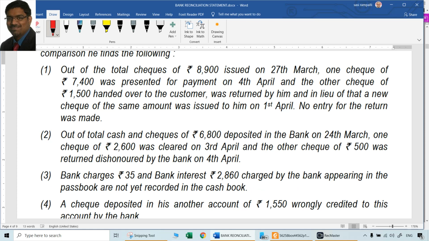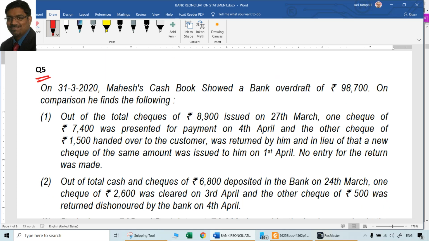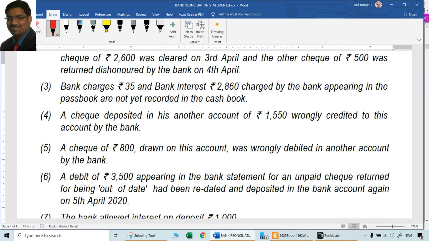So here there is no particular requirement in relation to preparation of any revised cash book, but when a cash book balance is given already, we can do it. If the passbook balance is given, anyway we cannot do any revised cash book. Because the cash book balance is given, we can first revise our cash book if there are any errors which can be rectified now, and after that we can prepare a bank reconciliation statement. That will be a better approach, though it is not asked,